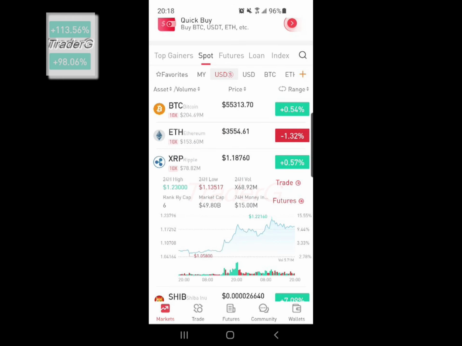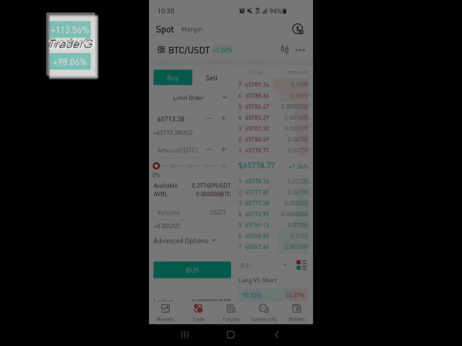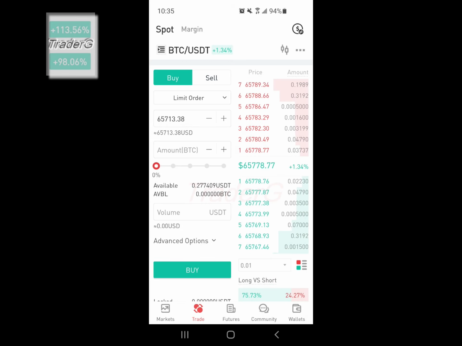Now, if you look at the bottom of the screen, you will see that there is a trade button. If you wish to trade Bitcoin and only Bitcoin, by tapping on this trade button, it will take you directly into the Bitcoin trading screen. While this method of accessing the order entry screen will work for you if you are in a hurry to place a Bitcoin trade, the method I am showing you will allow you to enter the order entry screen of